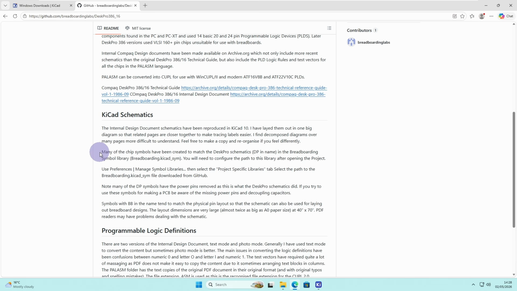The DeskPro schematics generally don't include the +5 and ground pins in them, and they're actually arranged in a certain way to suit really the layout of the schematic. So what I've done is I've made a number of these to suit the DeskPro, so they will have a DP in the name. All we have to do is use the Preferences, Manage Symbol Libraries, then select the Project